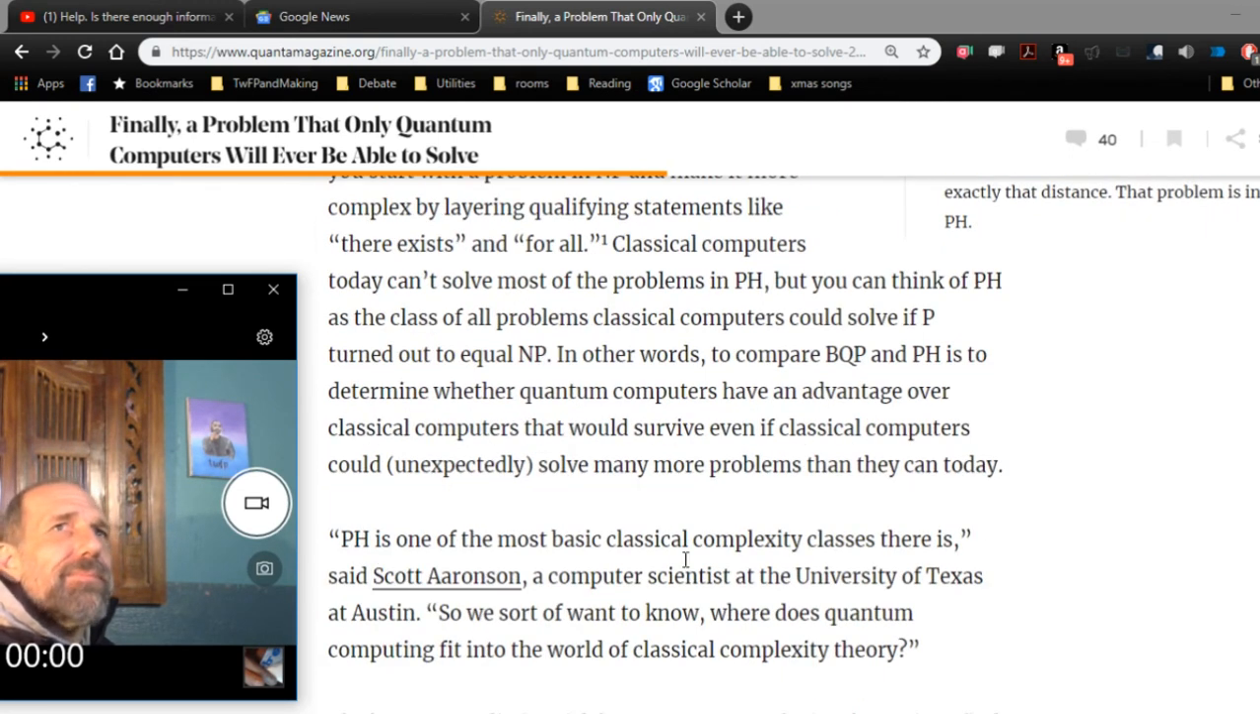Anyway, classical computers today can't solve most of the problems in PH, but you can think of PH as the class of all problems classical computers could solve if P turned out to equal NP. In other words, to compare BQP and PH is to determine whether quantum computers have an advantage over classical computers that would survive even if classical computers could efficiently solve many more problems than they can today. Okay, so that's whatever. To the extent to which you understand all that stuff is not really super relevant here,